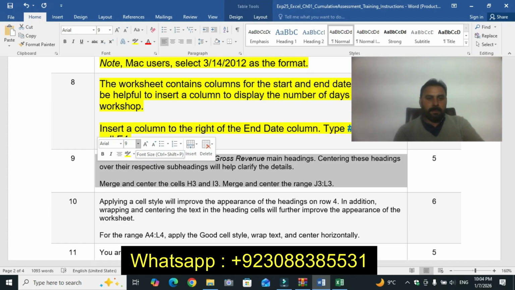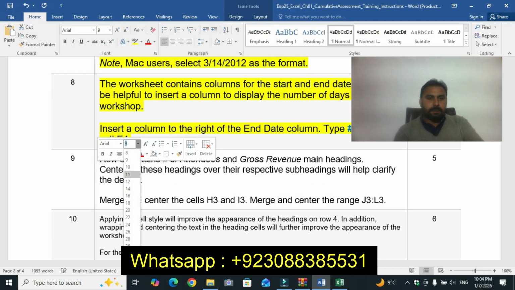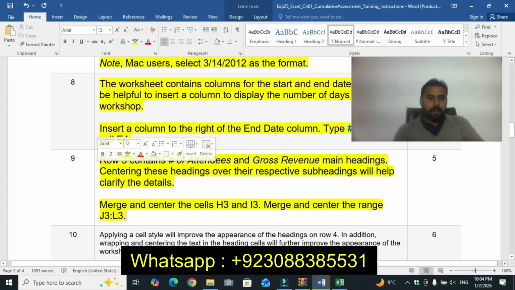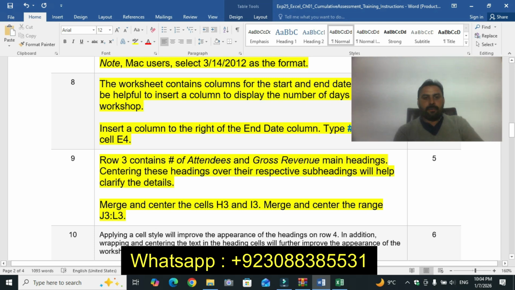Question number 9. Row 3 contains # of Attendees and Gross Revenue main headings. Centering these headings over their respective subheadings will help clarify the details.